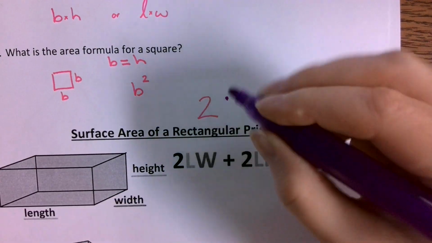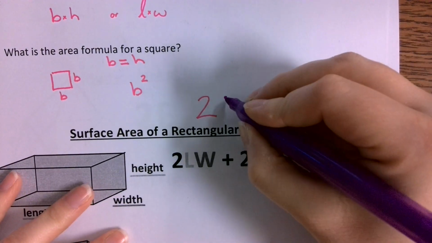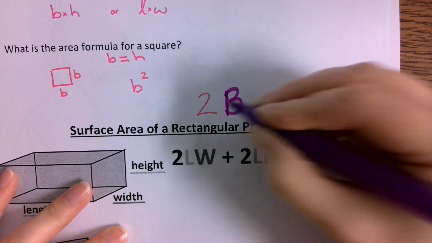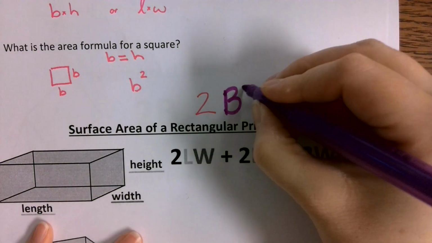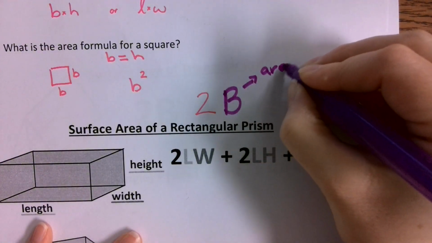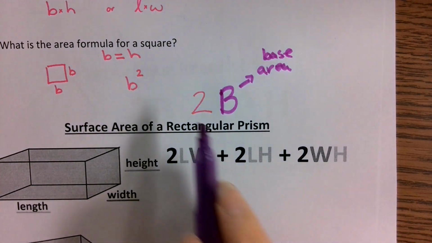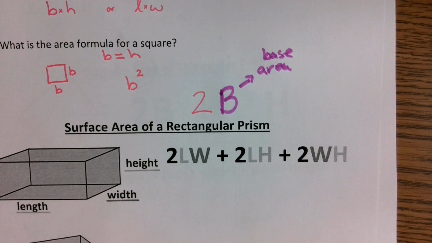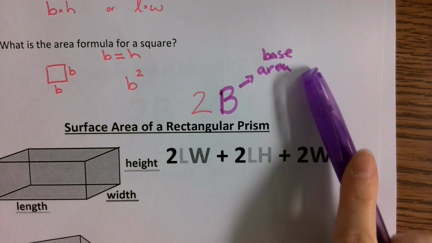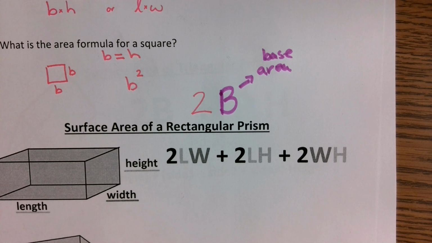We'll call it big B. 2 times big B, where big B represents your base shape area. And the reason we multiply it by 2, again, is because you have two base shapes. So you're going to have two areas that you're finding. Okay? Then you are going to add